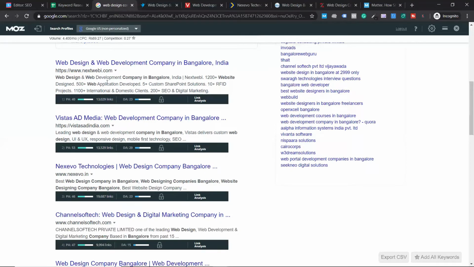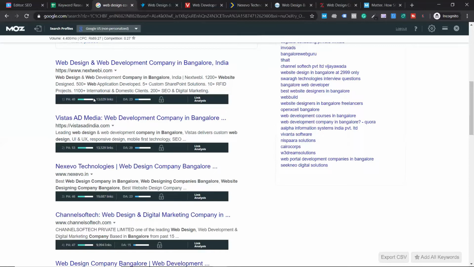I see they're ranking their homepage. It's a very, very wrong thing. You should never rank your homepage. The reason I say this is I've made my mistakes in the past, that's why I'm very clear. You should never rank your homepage. Your homepage should only rank for your branded name. It should not rank for your keywords. Very, very important. Don't forget that.